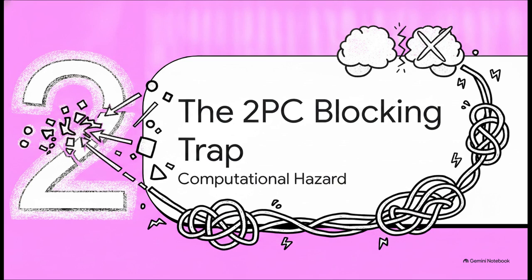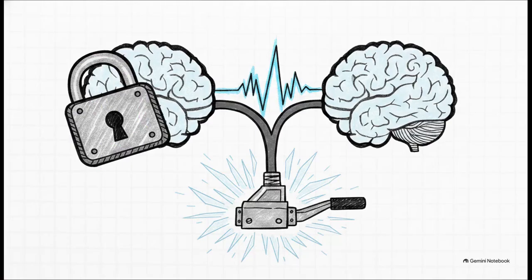Section 2. The 2PC blocking trap. So, the crucial point is, what happens when physical presence isn't immediate? The text compares demanding a real-world yes from someone distant, like Tom, bunkered all the way at Google DeepMind, to a two-phase commit, or 2PC, database transaction. In computer science, a 2PC locks resources while waiting for agreement. But biologically, it's a disaster.